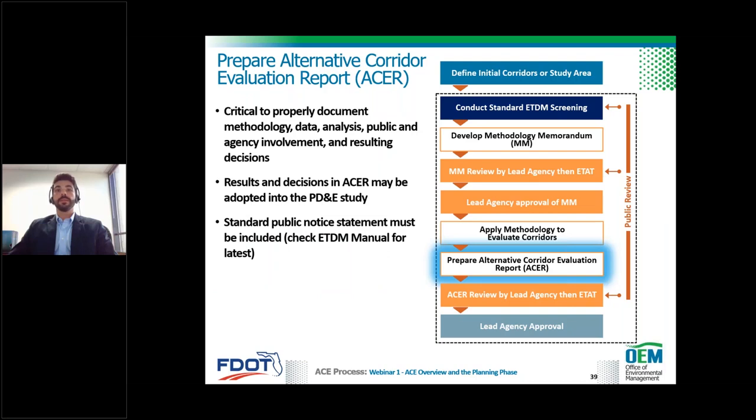Since the results and decisions from the ACER may be adopted into the PD&E phase, documentation is critical. I know I'm sounding kind of like a broken record here, but it is critical. So what you analyzed, how you analyzed, what corridors were eliminated and why, what corridors are moving forward. Are there any unresolved project issues with the stakeholders, agencies, the public, and how will those unresolved issues be addressed in future phases? Always keep in mind that the evaluation must follow the methodology memorandum, and the ACER document must